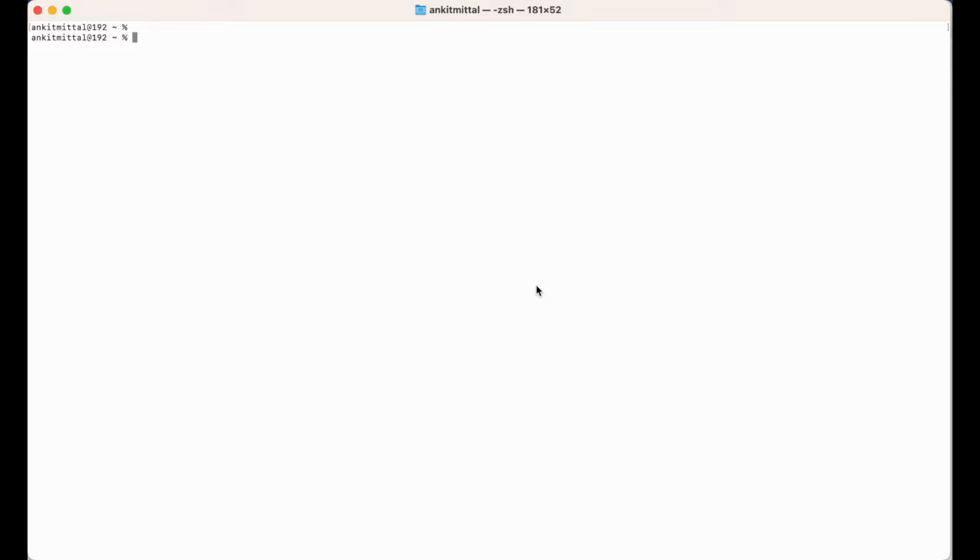In this video, you will learn how to install Scrapy on a Mac machine. To install Scrapy, we will first create a virtual environment, because it is a good practice to create a virtual environment for any separate project. So we will also create a virtual environment, and inside the virtual environment, we will install Scrapy.